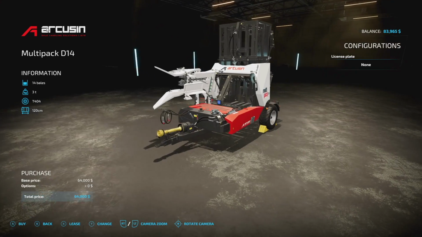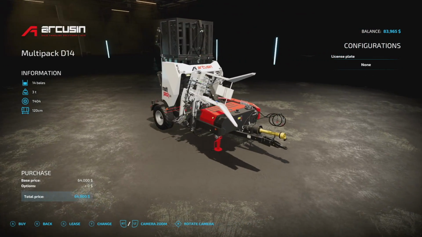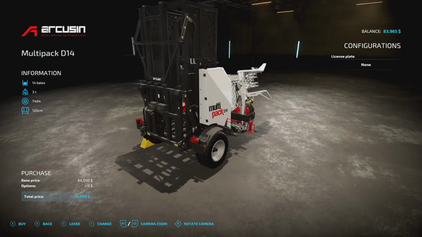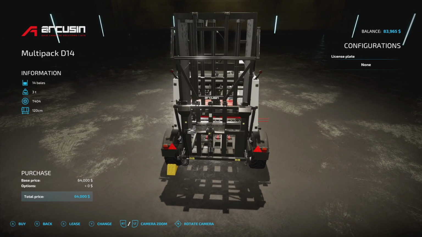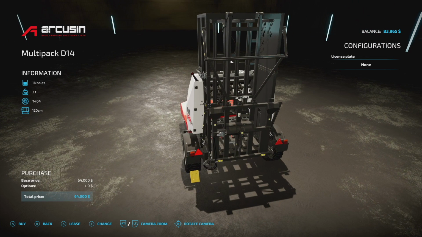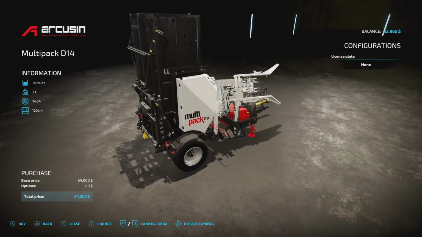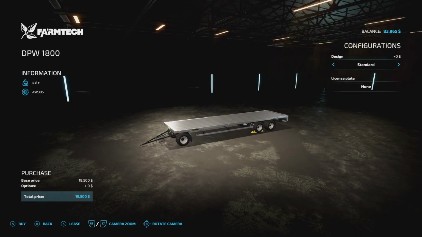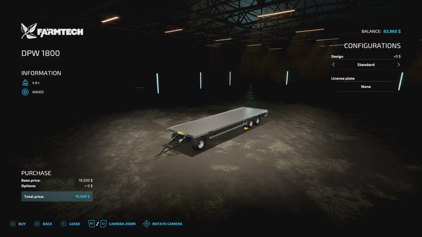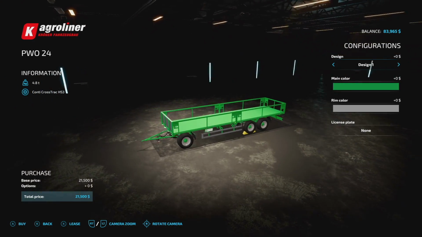You're good to go. We also have the Arkusen Multi-Bag D14. This takes the baby bales and wraps them up. I believe it's 14 baby bales, and it bales one of them. And it's the exact same size as one of the larger Heston bales, the 6,000 liter Heston bales. It's really, really cool the way that this works. You got to get it if you're doing baby bales. We do have a bale trailer, not auto loading, but it is a bale trailer. Works really well for doing different stuff as well. So does this, the AgriLiner